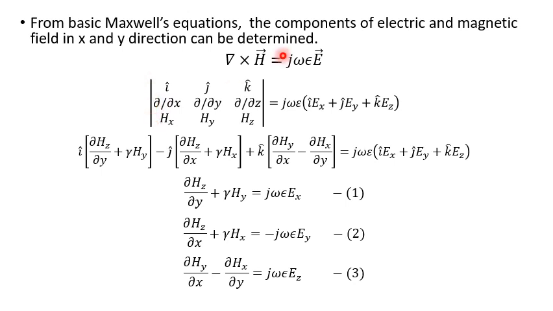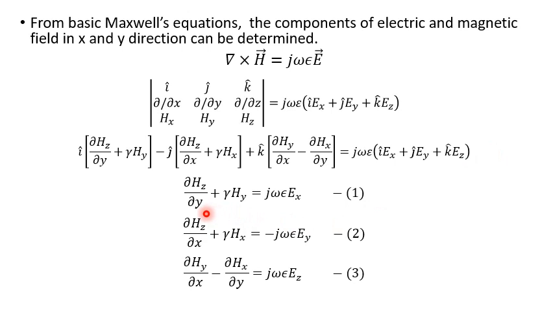So that will be the determinant of i cap, j cap, k cap, dou by dou x, dou by dou y, dou by dou z, Hx, Hy, Hz. This will be equal to j omega epsilon into, by resolving the electric field in the three mutually perpendicular directions, you will get i cap Ex plus j cap Ey plus k cap into Ez. Now taking the determinant and expanding, and then if you equate the i cap, j cap and k